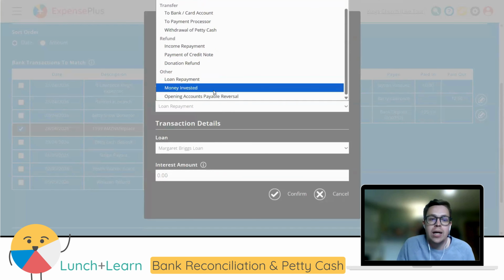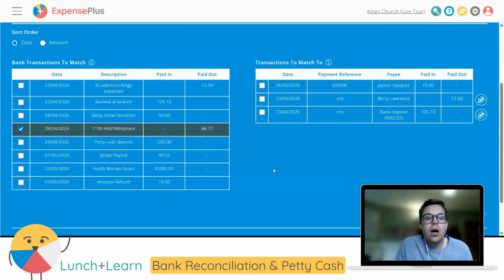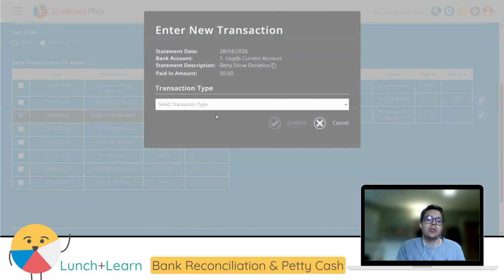You can also record any money that's invested in any investment funds that you happen to have. Okay, so those are our paid out options, the different transaction types for paid out transactions. Let's have a look at this. So this is obviously a donation, but we're going to use it just as an example for any paid in transaction types. So we can have a look at the different transaction types that we have for paid in